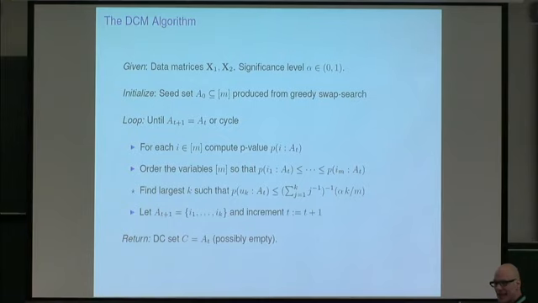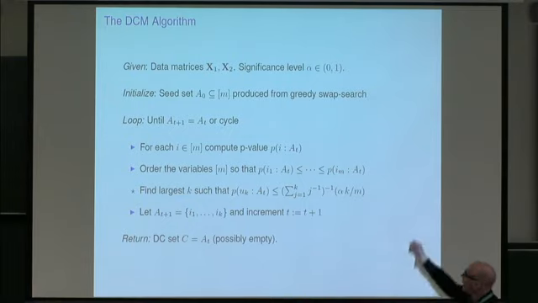Now let me tell you what we're doing. So what we do is, again, this idea of a fixed point. We start off with a seed set of variables. Now here's weakness number 2, right? This algorithm, which we love, it's wonderful, is a little delicate. If you throw it just an arbitrary set of variables, it kind of does the right thing. It's conservative, it returns the empty set, nothing. So in order to get it to return something, you have to start it at a nice place, okay?